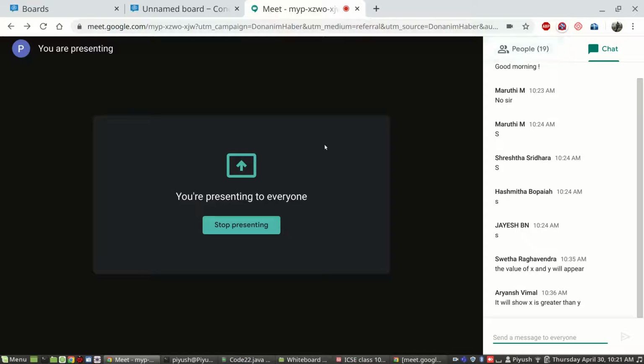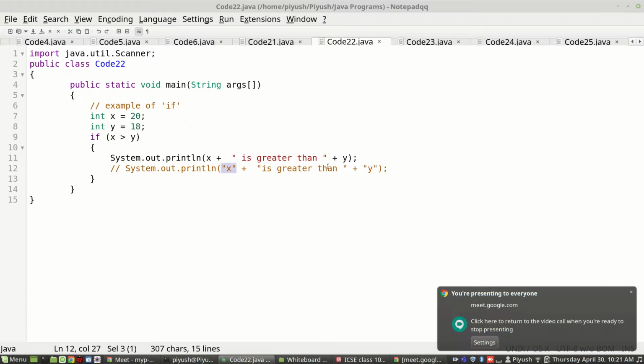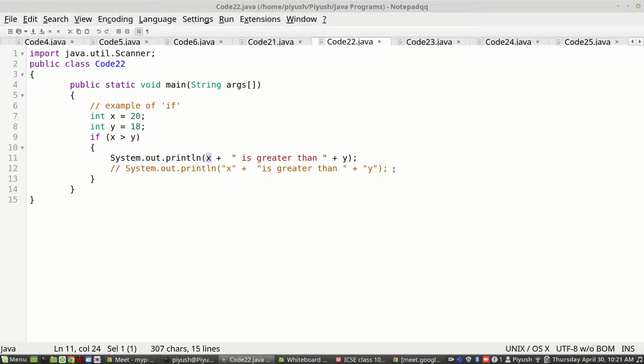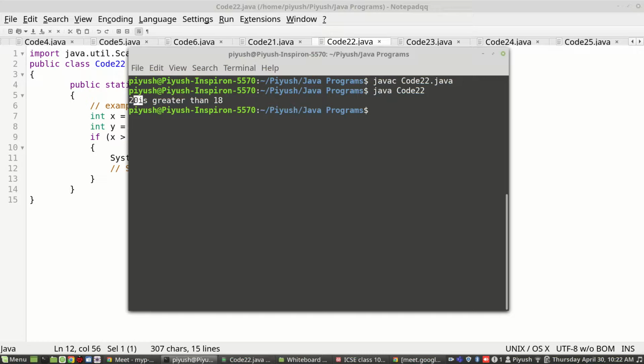Okay, correct, yes, Aranj. So instead of replacing the value of variable x, which it is doing in this case, it will simply display x as the message and y as the message, and instead of this output, you will get x is greater than y.